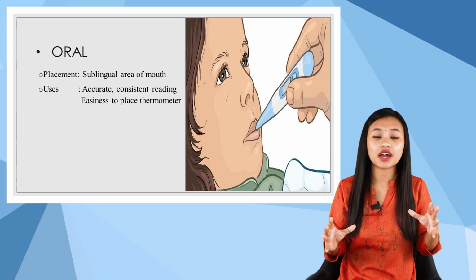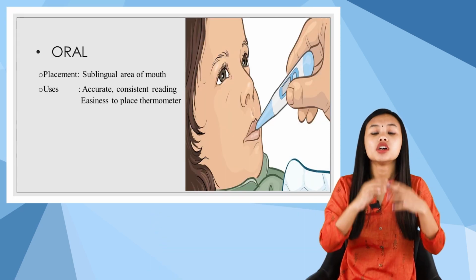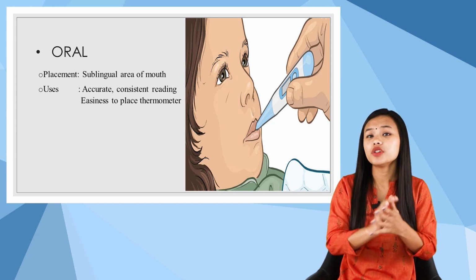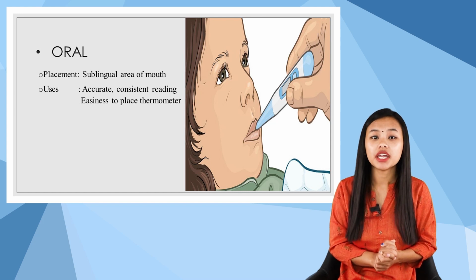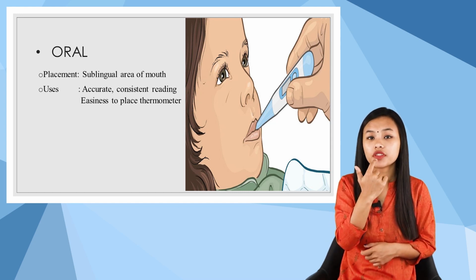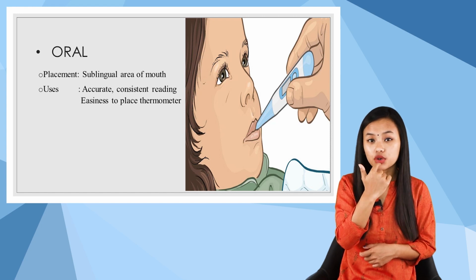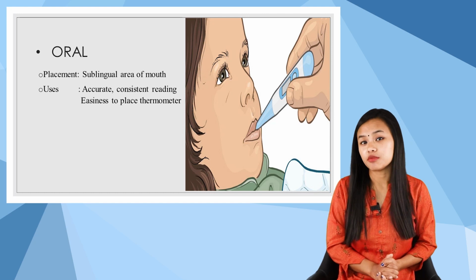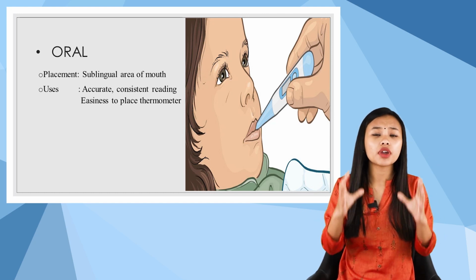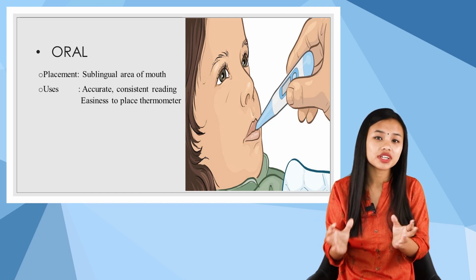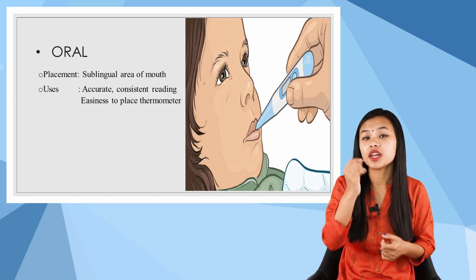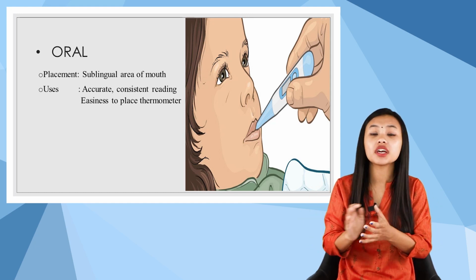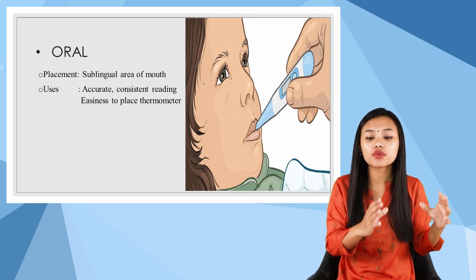So the first one, that is through the oral method, right? So where will you place this oral thermometer? You will be placing this oral thermometer in the sublingual area of the mouth, that is beneath the tongue, okay? So what is the use of assessing the body temperature orally? So here, if you assess the body temperature orally, then it is very easy for you to place a thermometer. And not only that, if you assess the temperature orally, then you will also be getting an accurate as well